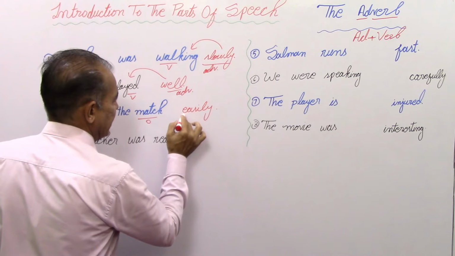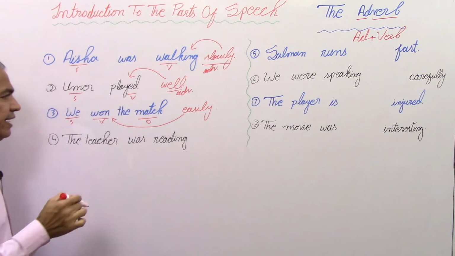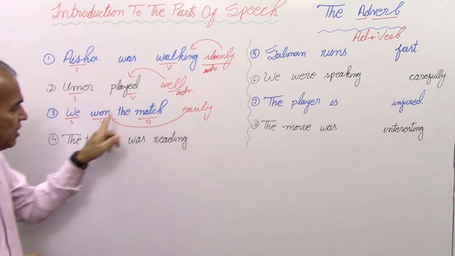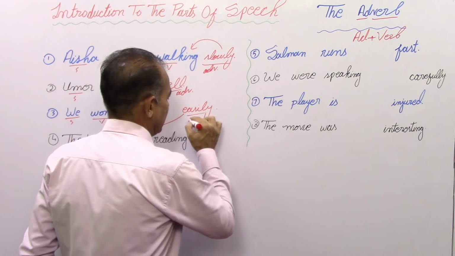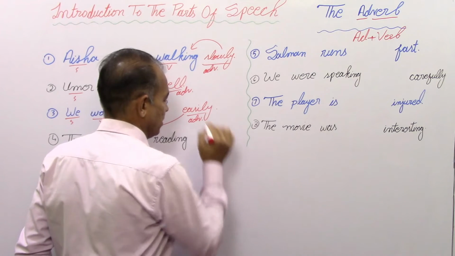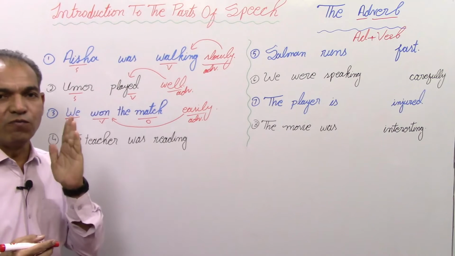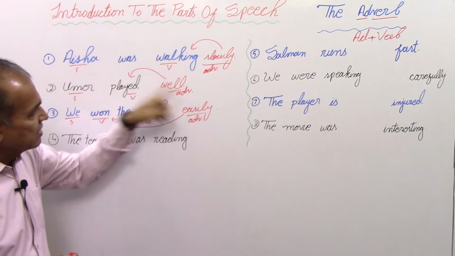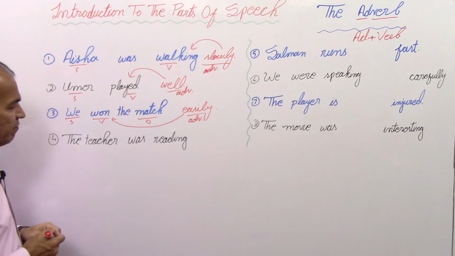So you can see that the word easily has modified the verb of this sentence. It has added something to the meaning of the verb. So that's why this will be called adverb. So what is the duty of an adverb? To add something to the meaning of a verb, adjective or another adverb. So here you can see that it's adding something to the meaning of the verb. It's modifying the verb. The fourth example, the teacher was